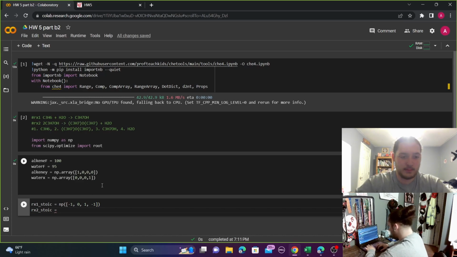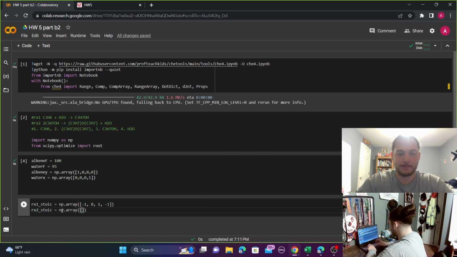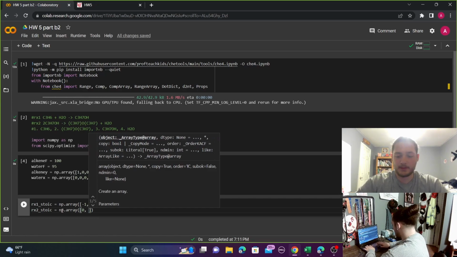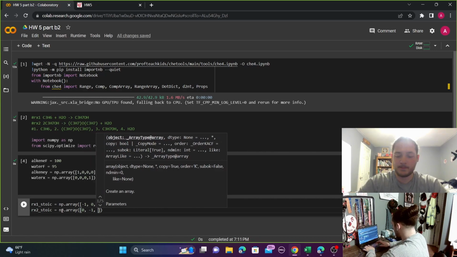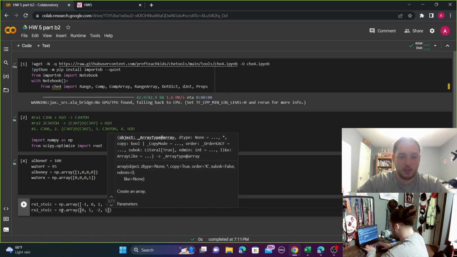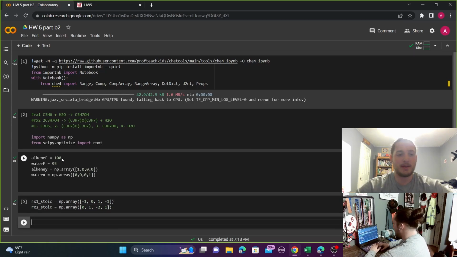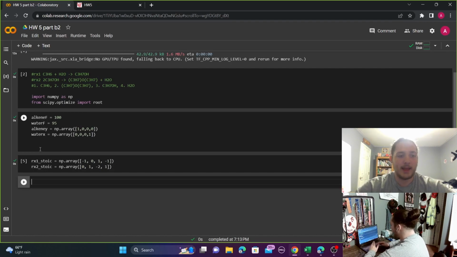And for reaction 2, stoich is equal to np.array 0, -1, 2, and then lastly we're entering 1. Shift enter. So now that we have gone ahead and coded in inputs for our alkene feed, our water feed,